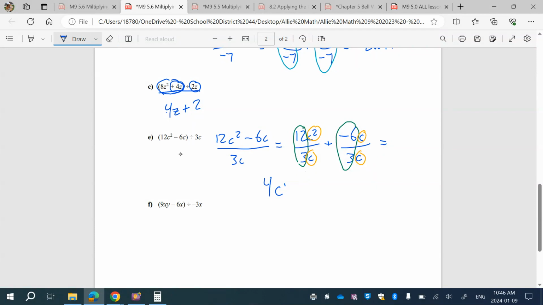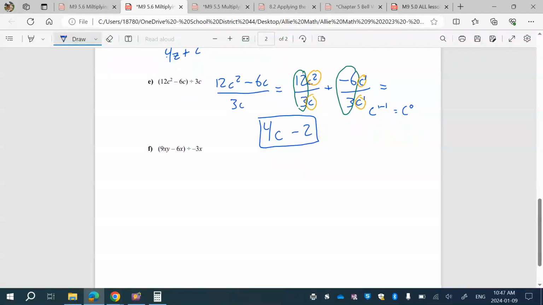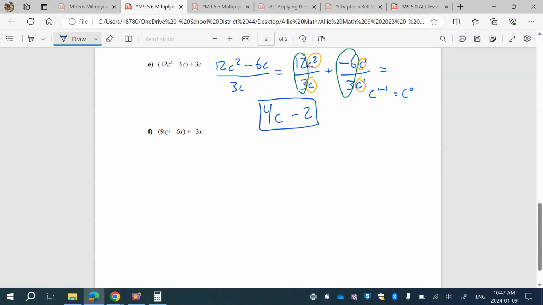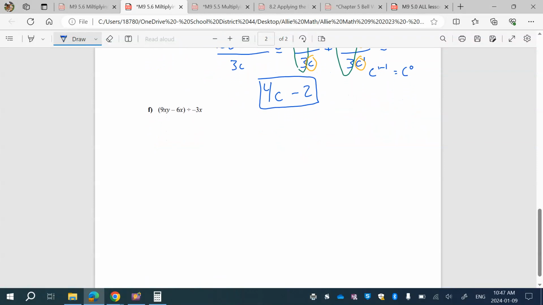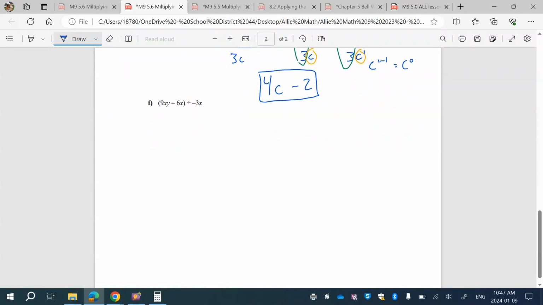And the next one, we have -6 divided by 3 is -2. There's an invisible 1 here and a visible 1 here. If we had c to the power of 1 minus 1, you would get c to the power of 0. Remember, anything to the power of 0 is just 1. So it just remains as -2. There's no variable anymore. So that's that one. And I'll do the last one for you. Oh, luckily lots of space to draw it out. So let's